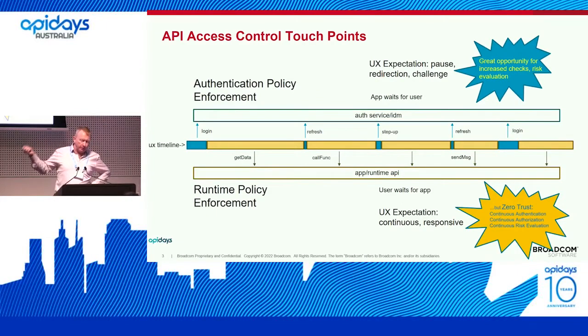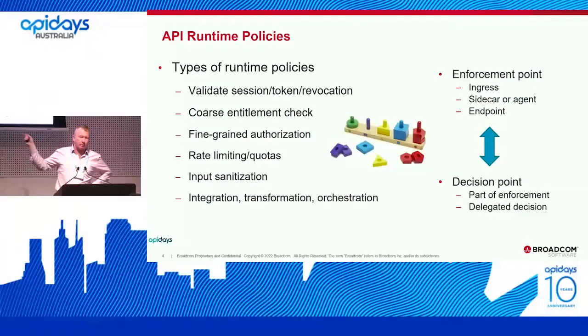So let's look a little bit deeper into what's happening down in that runtime API enforcement layer. On the left-hand side of this slide, the bottom three things happening in the runtime policy space are that integration stuff I spoke about, that I started off doing mainly. The bottom one, you'd probably have a lot of debate whether orchestration should be in there, but it ends up being in there. The top three, though, are more around what we're dealing with predominantly today: session revocation, checking sessions, and how you manage that because of these claims-based tokens we're using to provide that information.